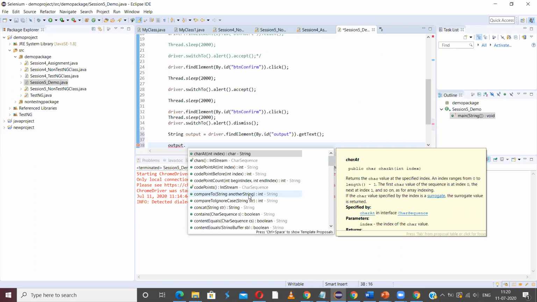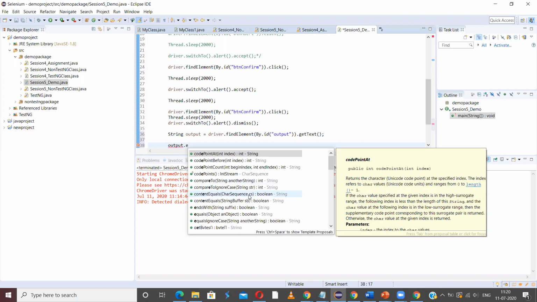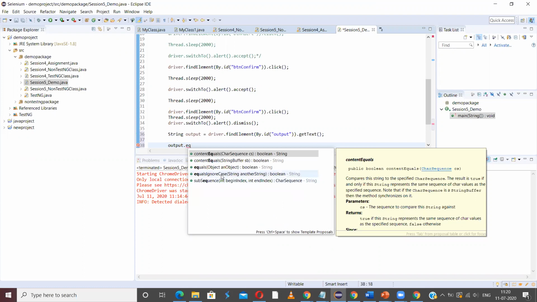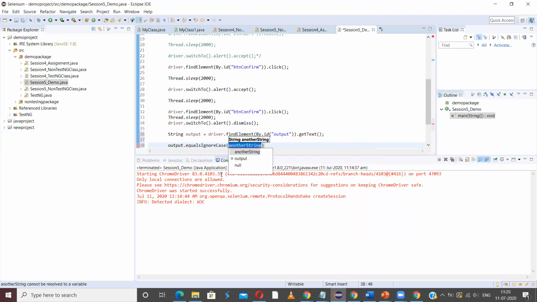So I can use equals ignore case. Let me use it. It returns a Boolean value. If it is equal, it will return some positive value.